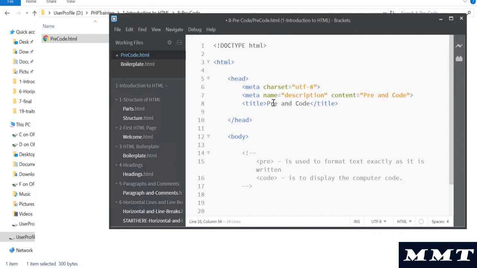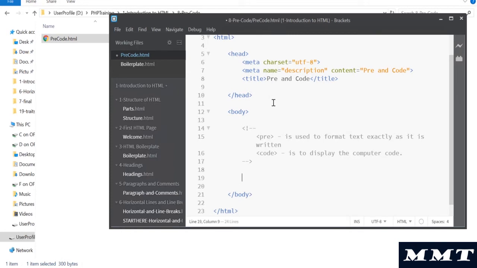Okay, could be C, C++, Java, PHP, JavaScript, any code that you're writing in a computer, you use under the code tag. Okay, these are the tags given by HTML, telling you if you're writing source code, please embed it under the code tag. Okay, so let's write a pre first.